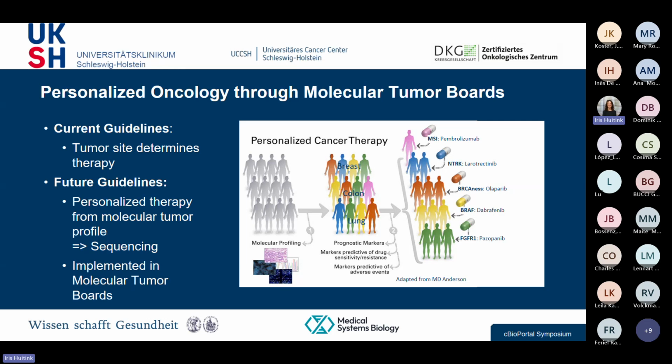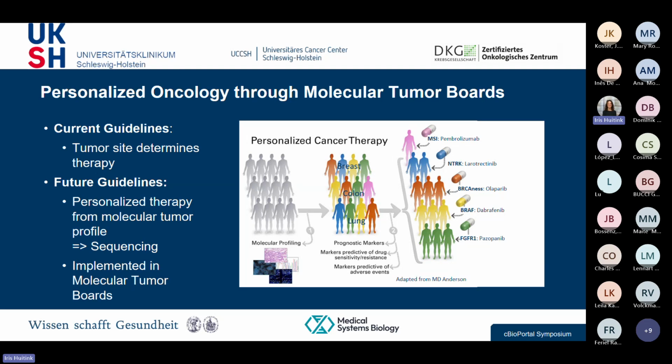To have everybody on the same footing, what are molecular tumor boards? Well, molecular tumor boards are at the forefront of precision oncology nowadays. Currently, if you're a cancer patient and you're treated according to guidelines, it depends on the locus of your tumor, be that in breast, colon, or lung, like shown here in the middle, whether you're treated according to certain criteria or guidelines. Now, in the future, hopefully, all these still heterogeneous breast, colon, or lung cancer cohorts will be stratified